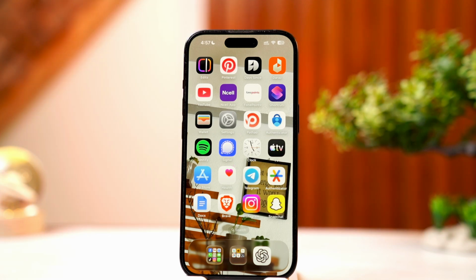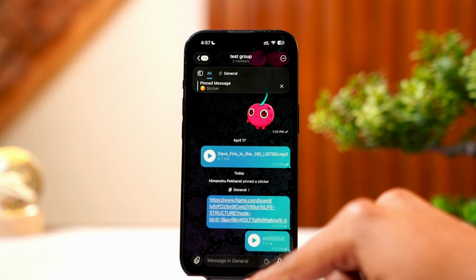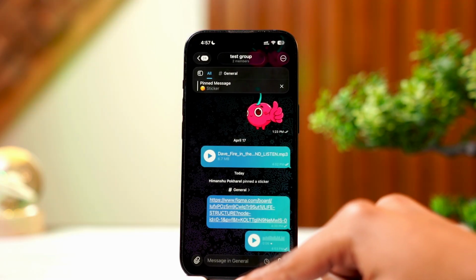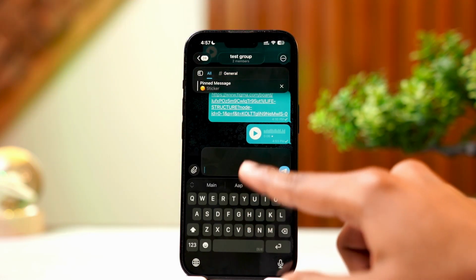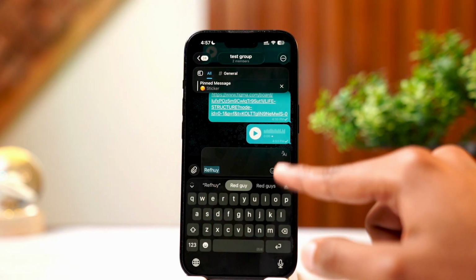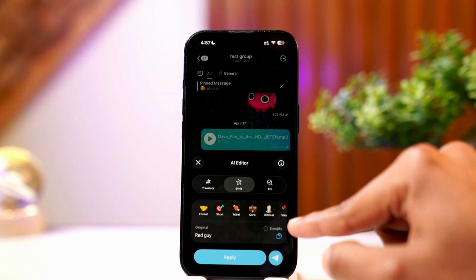All you need to do is simply go ahead and open your Telegram application. Once you've done that, simply go to the messages. You want to go ahead and have the AI Telegram editor. Go to the messages and you need to have at least 3 messages down. So let's say right over here. All you need to do is click on the AI tab on the top right hand right over here, and